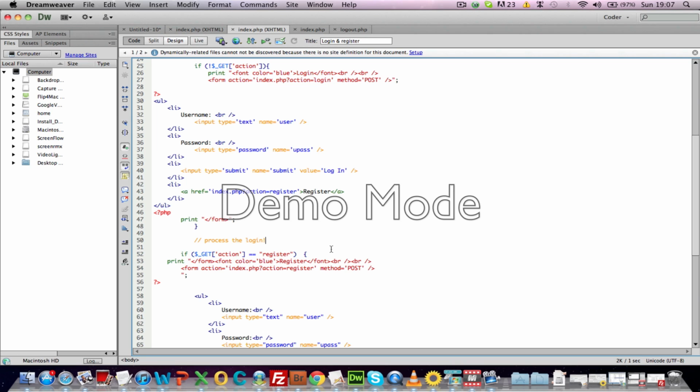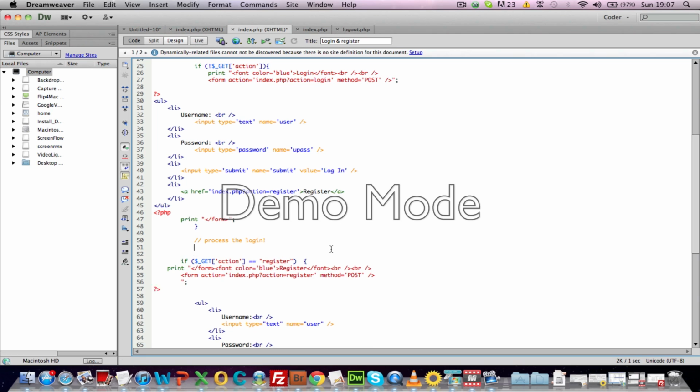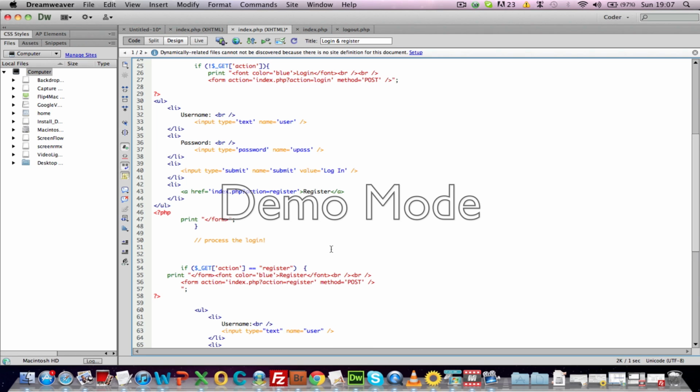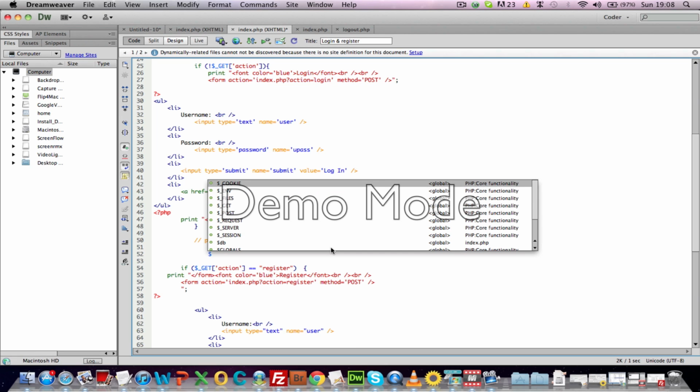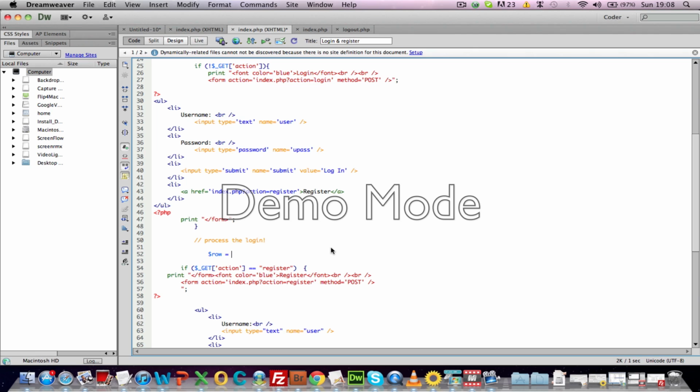features once you've logged in. Okay, so in this part we will be processing the login. Just processing the login, so not so much in this part, because the next part will be a massive chunk. Okay, so to start, first we need to do $row equals mysql_fetch_associative